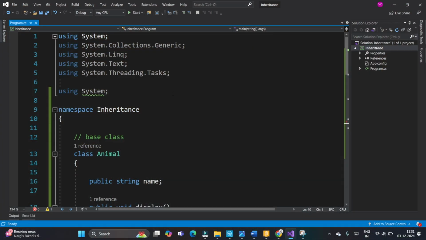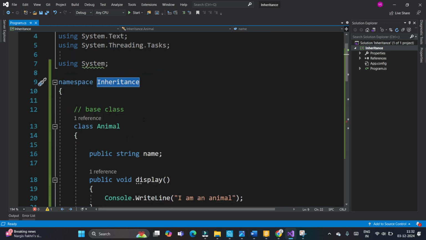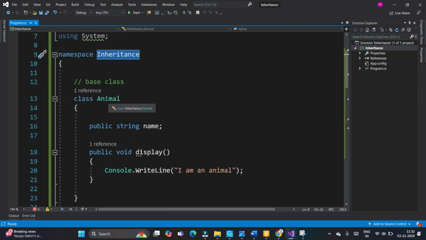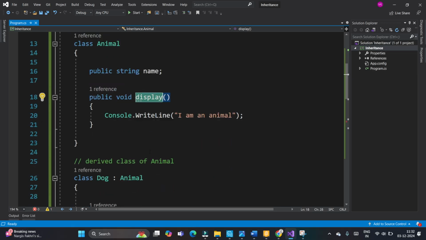Here we can see an example of inheritance. We are creating a base class called Animal. Why is it a base class? The base class has name as a data member, and a display method. The base class has some features, and the same base class is inherited by another class called the derived class.